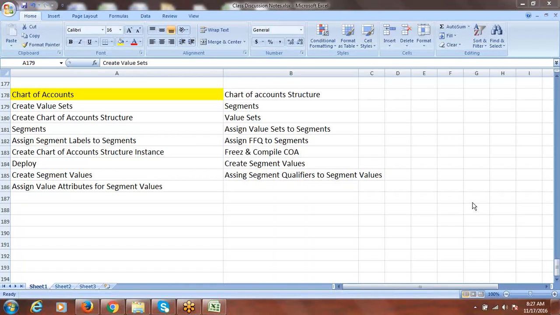And for your information, I'll also show how to load all this information into the system, using what we call the rapid implementation spreadsheet. That also I'll cover in our classes: how to load the primary ledger information automatically by putting it in the spreadsheet. You don't need to go through all the navigations or input the data directly in the system by clicking on multiple tabs here and there. We can simplify this task by loading, but I don't want to introduce that loading process initially.